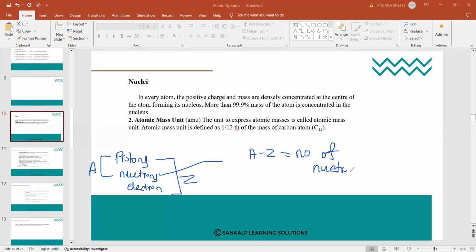Remember, A is called the mass number, which is both proton and neutron. Z is either electron or proton, both are the same because the atom is electrically neutral in nature. So A minus Z is the number of neutrons. Okay. So now,